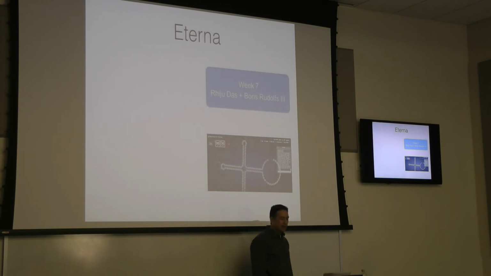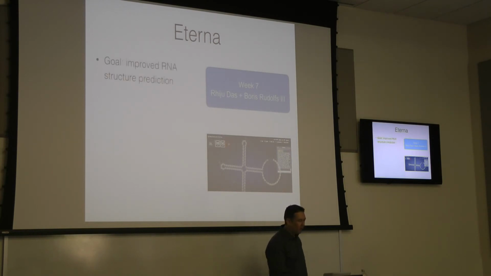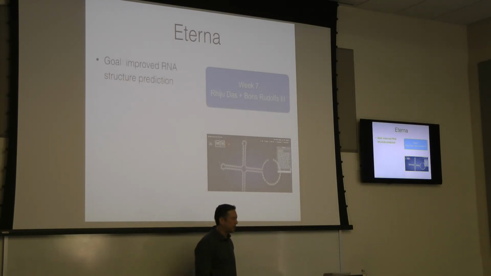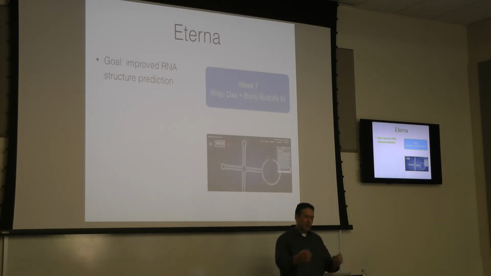The two that I've been most interested in are Aterna and Foldit. So in Aterna, the goal is to improve RNA structure prediction. So you've got, again, this 4-letter alphabet. It's not GCAT, it's GCUT, I think. And the goal is to be able to say, given a particular sequence of nucleotides in a string of RNA, what shape will it fold into?